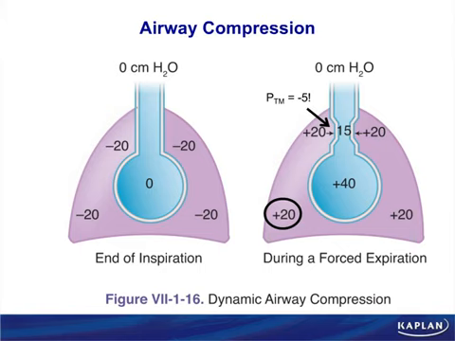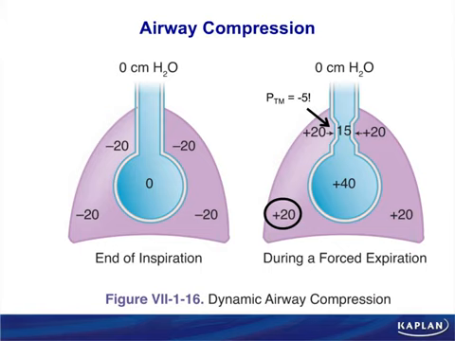Now notice at this point, transmural pressure gradient is -5. Airway pressure is 15, interpleural pressure is 20. 15 minus 20 gives me a -5. So now I have a negative transmural pressure gradient, which is going to cause airway compression. We call this the dynamic compression of airways. Once we get to this point,